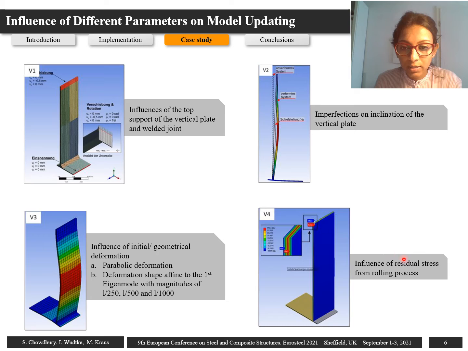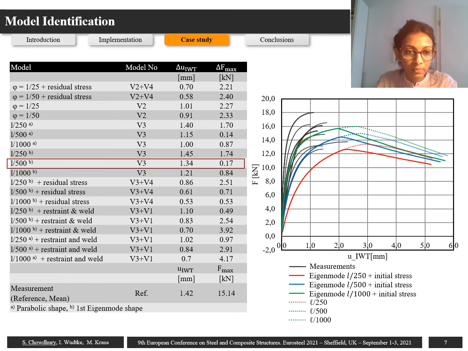And last, we observe the influence of the residual stress. And then when we observe the 4 different parameters, we can identify which model is best suited with respect to our measurement data, to our structural system. So after performing the numerical analysis, we can now combine the influence of one parameter with another parameter